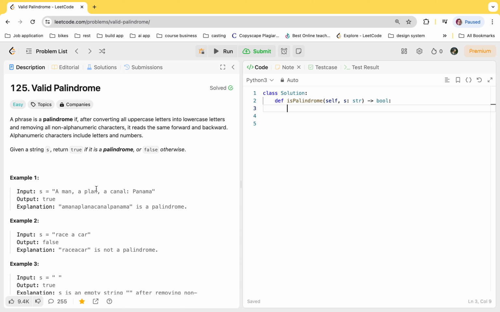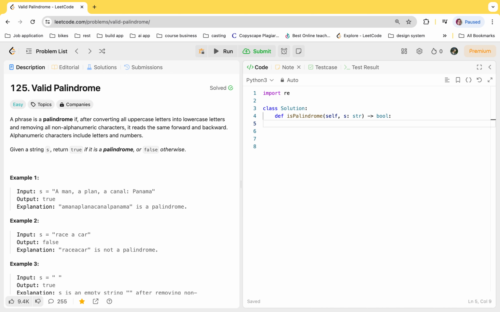To do that, the best way is to use a regular expression. We have the re library in Python, so we can use that. So let's go ahead and write import re,